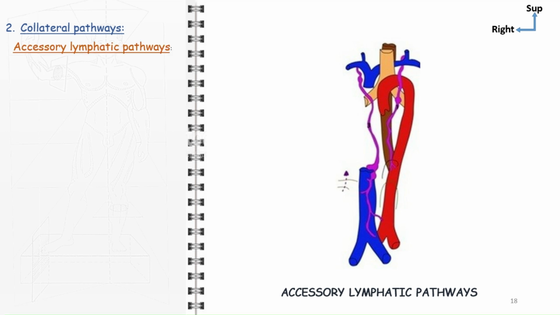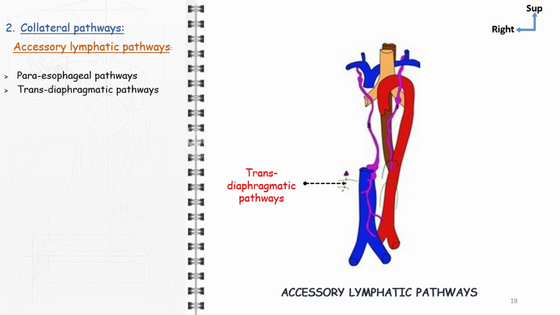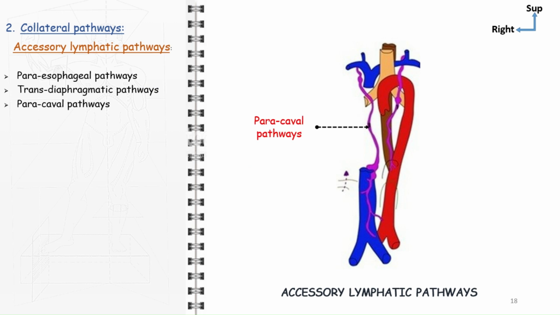The accessory lymphatic pathways are normally thin, and become significant when the thoracic duct is damaged. They include the paraesophageal pathways, draining into the left bronchopulmonary lymph nodes, then into the left jugulosubclavian confluence; the transdiaphragmatic pathways, perforating lymphatic trunks; the paracaval pathways, draining into the right jugulosubclavian confluence;